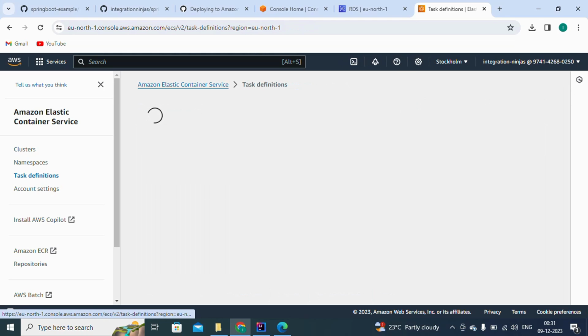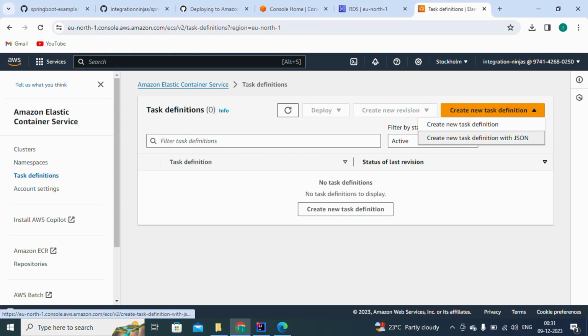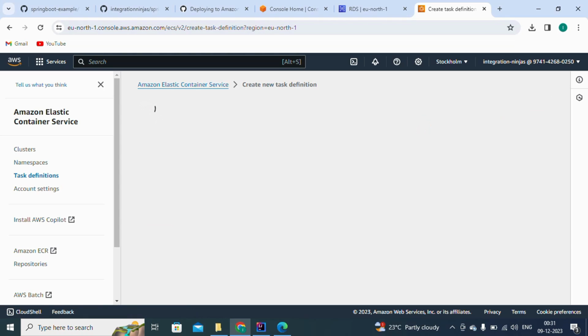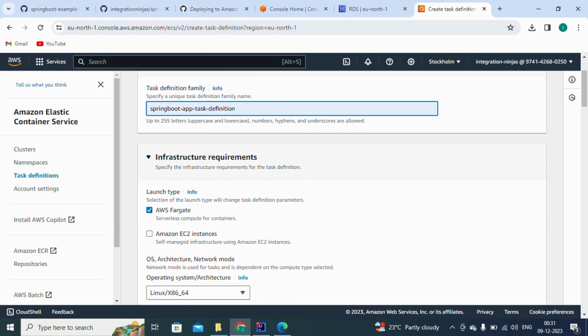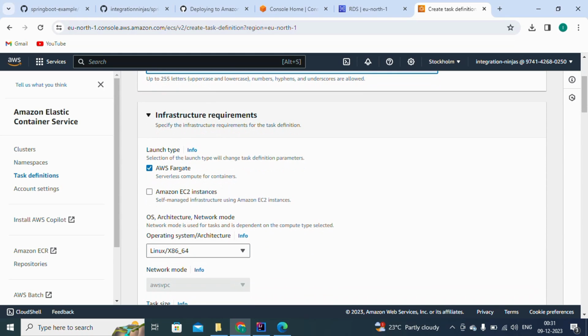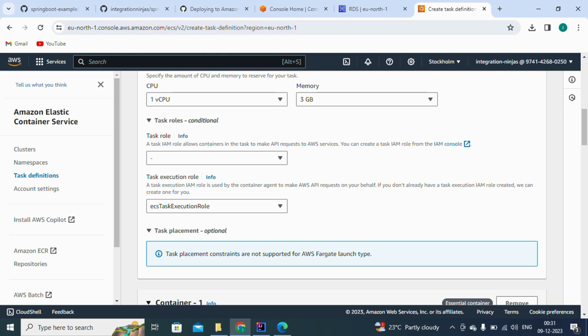Now we'll create a task definition. We'll name this Spring Boot app task definition, and set the infrastructure requirements. That will be AWS Fargate for this tutorial. We can select EC2, but we are going with a Fargate instance for this video, and we'll leave all this